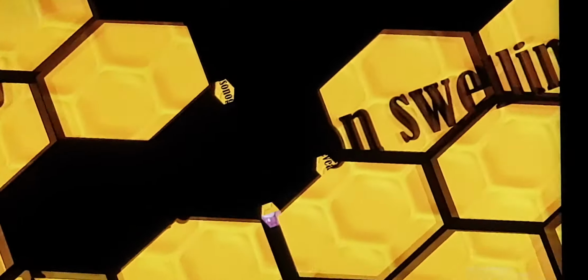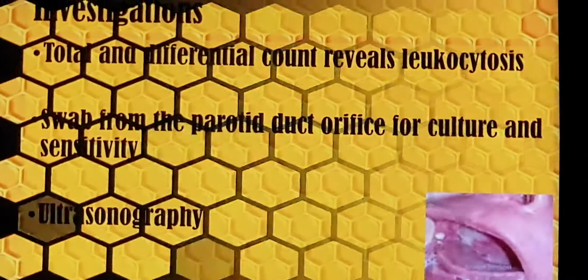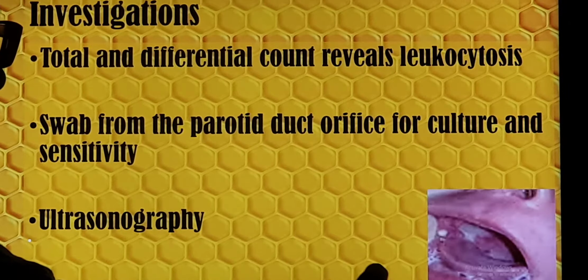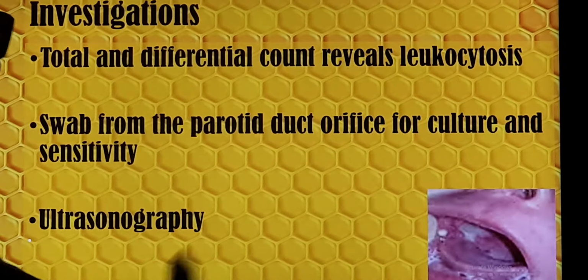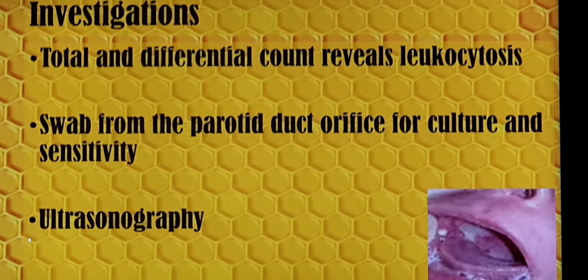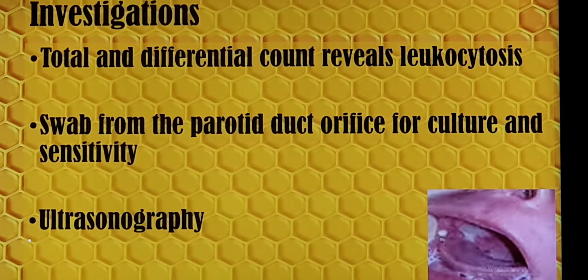Coming to the investigations, if the child has fever and you do a blood test, it may show leukocytosis, the WBC count will be high. And when you open the oral cavity and examine the parotid duct which opens up here, on massage of the parotid duct we can see pus coming out from the duct. A pus swab will be taken from that spot, so that we can do gram stain and send it for culture and sensitivity also, so that we can come to know which particular bacteria is involved and which specific antibiotic can be given against it.